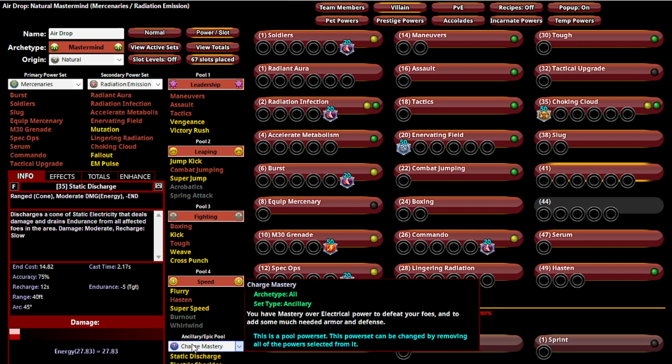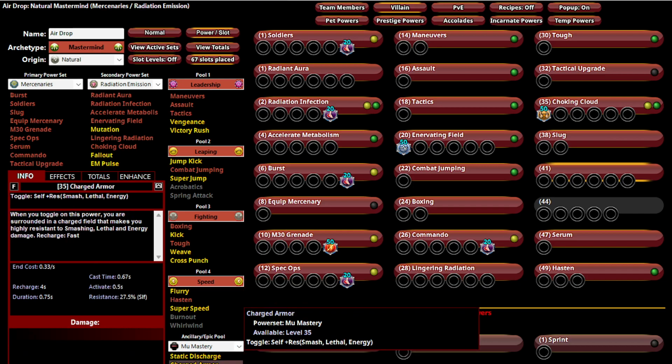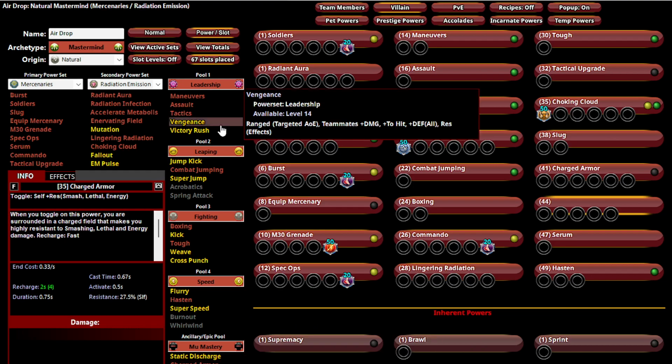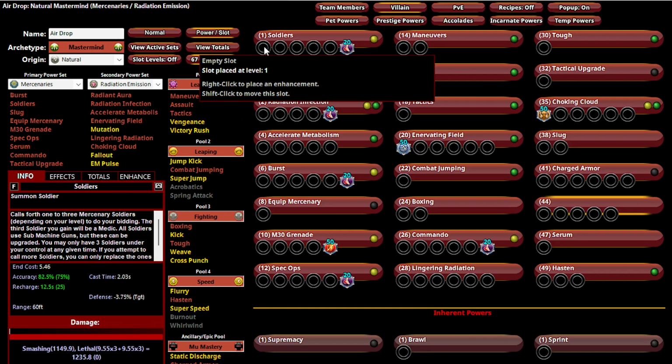Actually, no, not that. Man, the Mastermind sets suck, it seems. I guess they're thinking, oh, you got all kinds of ways to keep yourself alive, but no. Maybe Mu Mastery, because that gives you Charged Armor, which has smash, lethal, energy. So if I went with that, then I have the Tough. That's going to give me pretty close to capped smash lethal, and then the energy resistance would combine nicely with